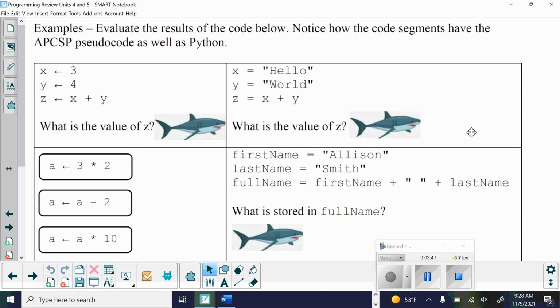Examples evaluate the results of the code below. Notice how the code segments have the AP Computer Science Principles pseudocode as well as Python, and actually in some cases I've changed it over to JavaScript. Either way, the programming code looks very similar to the pseudocode. If we look on the left-hand side, X receives the value of 3, Y receives the value of 4, Z receives the value of X plus Y. So X, which is 3, plus Y, which is 4, is evaluated to be 7,